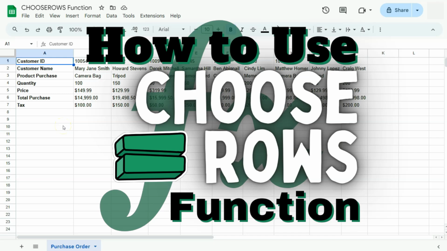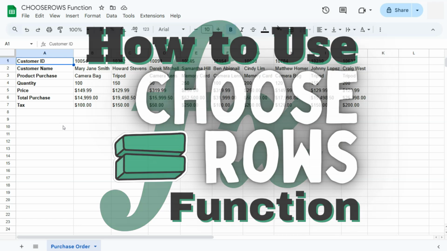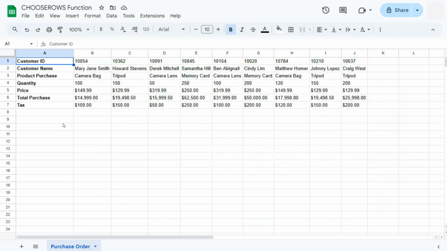In today's video, I'm going to show you how to use the CHOOSEROWS function here in Google Sheets. The CHOOSEROWS function helps you select a number of rows and have them arranged in your desired sequence. Here in my example data, I have the customer ID, customer name, product purchase, quantity, price, total purchase, and